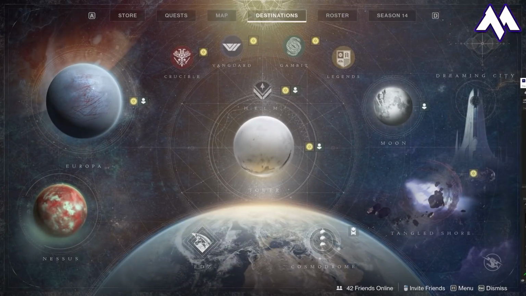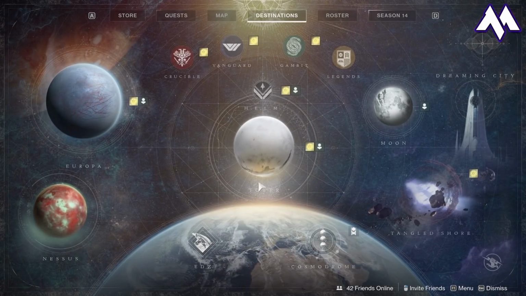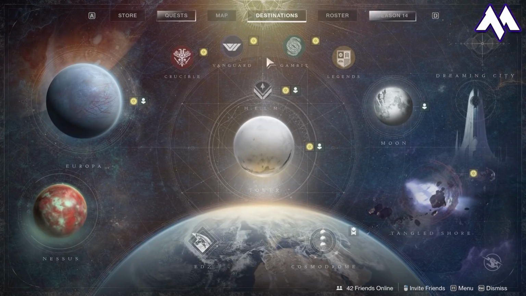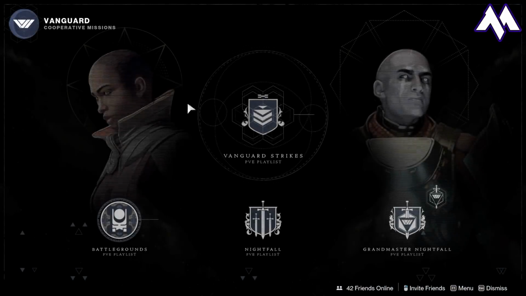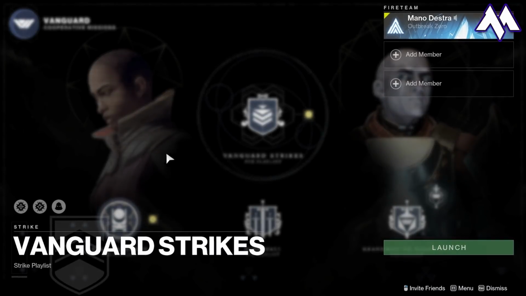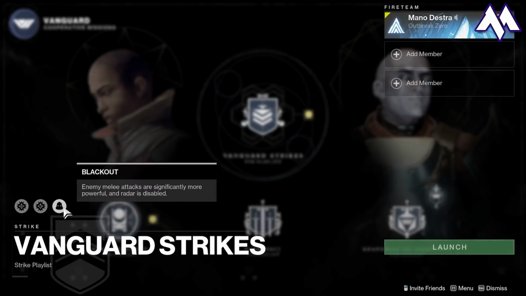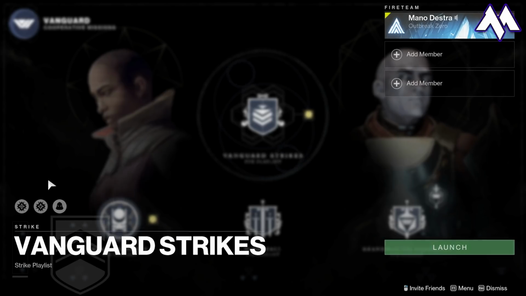Now that we've wrapped up all the refresh of the weekly items, we're moving on to the Vanguard Strike playlist. The weekly Singe should be rotating to Void, so make sure you get the Void-based subclasses and weapons out. Do note that the daily modifiers do change, so make sure you check them out before getting your loadout together. If you own Beyond Light, you'll also be able to use Stasis as well for the Vanguard playlist to earn